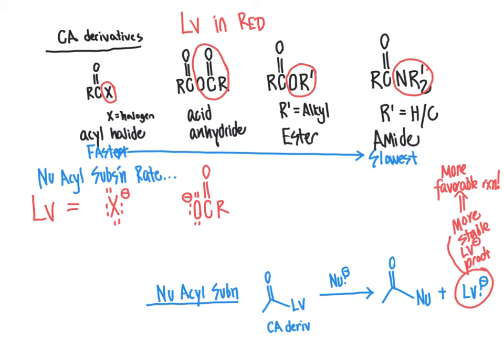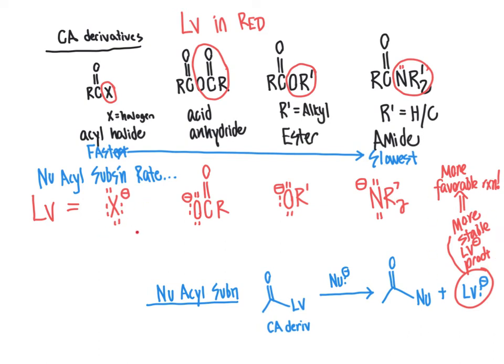With our ester, we have an O alkyl group with a negative charge on the oxygen. And with the amide, we have NR2, where those R groups could be either hydrogens or carbons. And remember, the nitrogen had a lone pair of electrons on it to start with. When we break the covalent bond, it gets a second set of lone pair electrons, and it's going to have a negative formal charge. And so, keeping in mind that this nucleophilic acyl substitution reaction is going to be favored by the creation of a product that is stable, meaning a stable anionic leaving group,